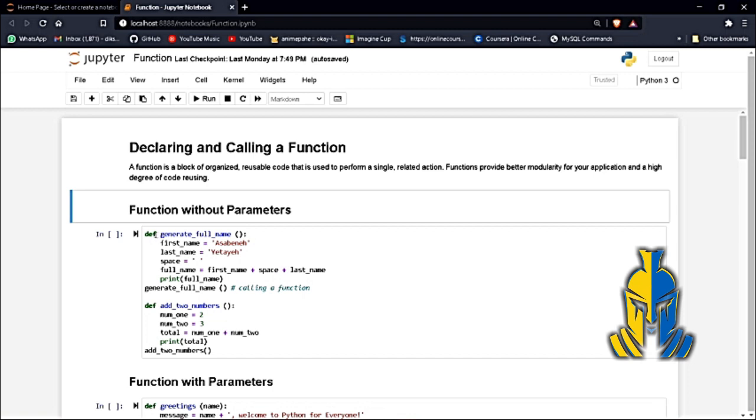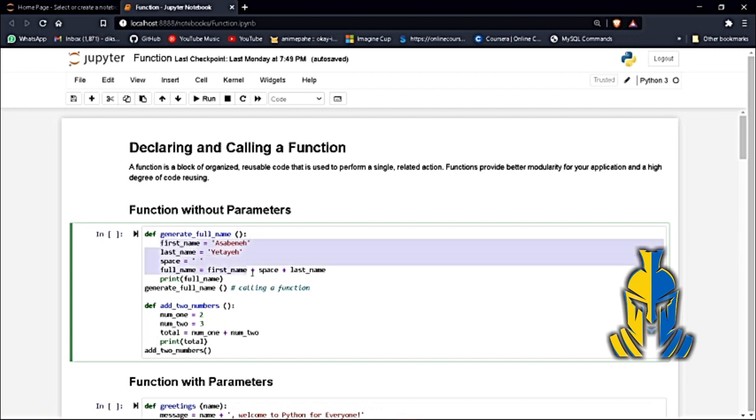So basically, the syntax for writing a basic function is we use the def keyword, then we give the function name, and then we give parentheses and then a colon. Now inside the function we write the code which can be executed by calling the function. So how do we call the function? We call the function by giving its name, then adding a parenthesis at the end.